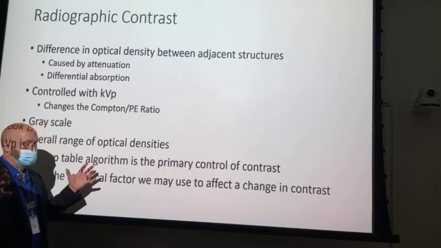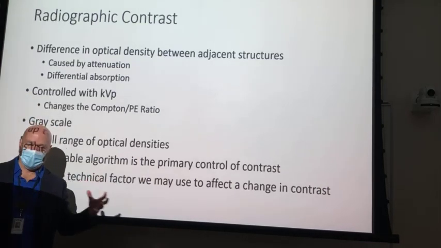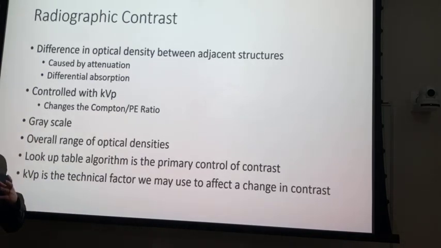A lot of shades of gray is long scale contrast. Short scale contrast is high contrast, all right? So short scale contrast, high contrast. A lot of shades of gray is low contrast, or long scale contrast, and also,